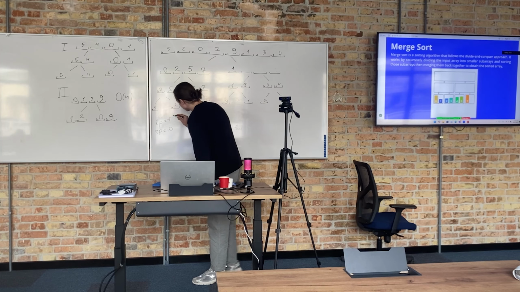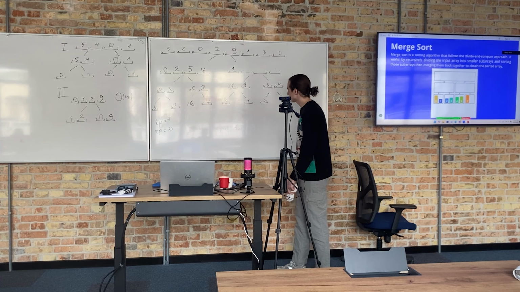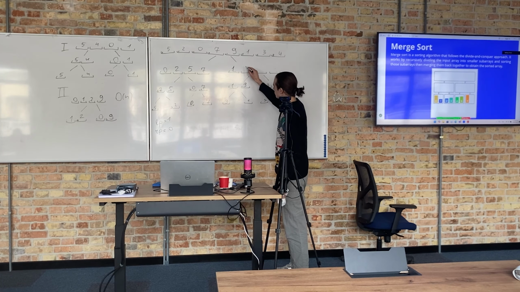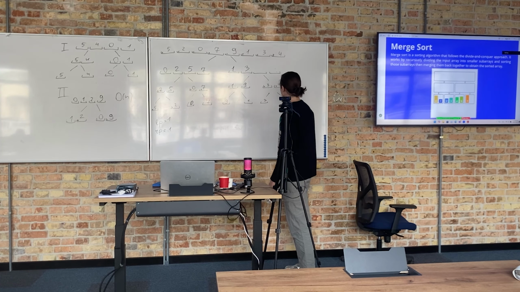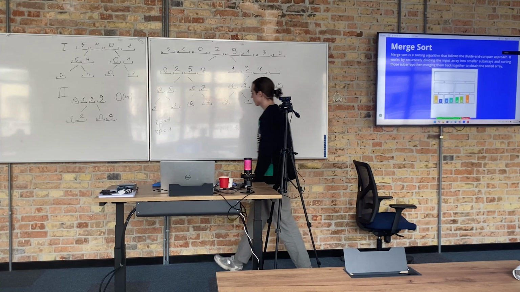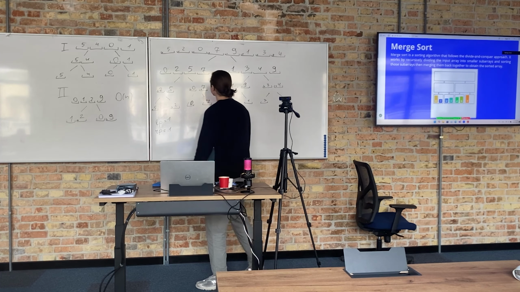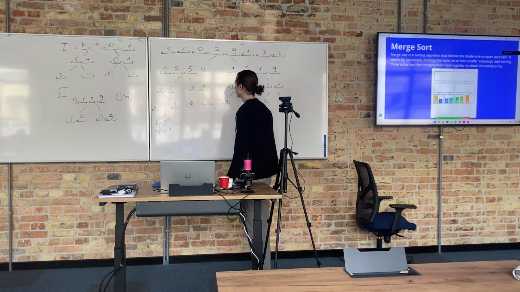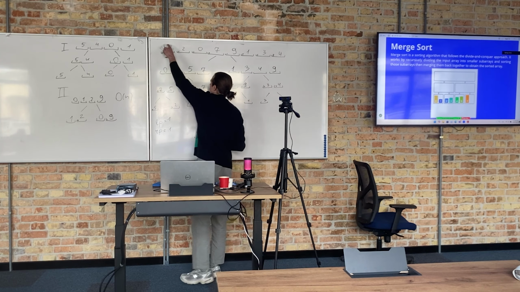Then we compare again. So RP is bigger than LP. So we write 3, and then we increase RP by 1. Then we compare it again, and 4 is bigger than 9, so we write 4 and then 9, because we reached the limits. Yeah, right. So now we have two sorted arrays with 4 elements, and what we need to do is to